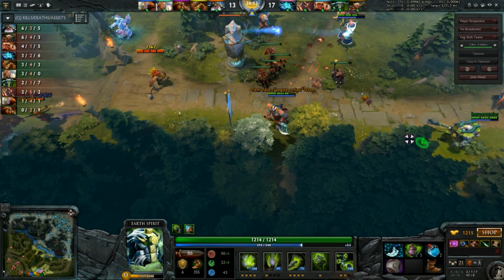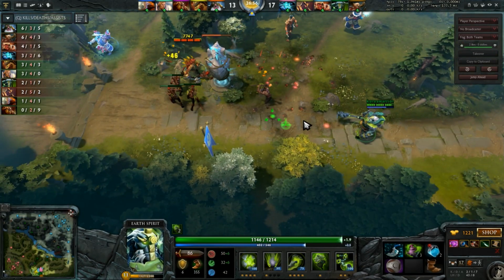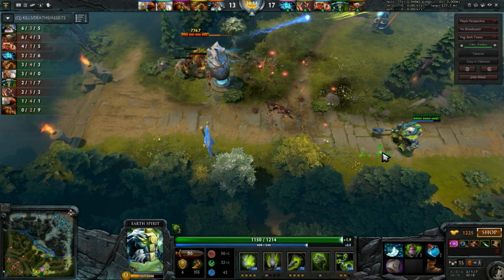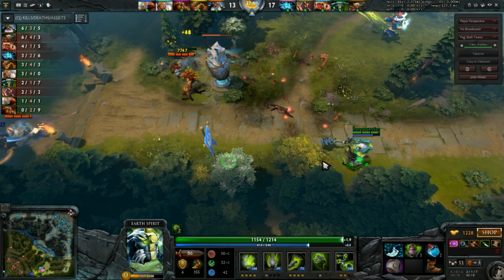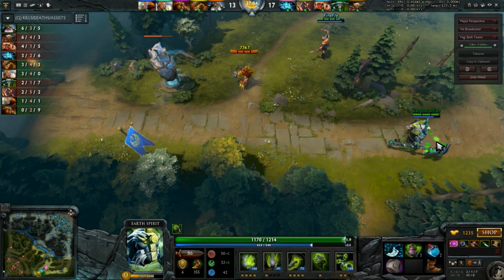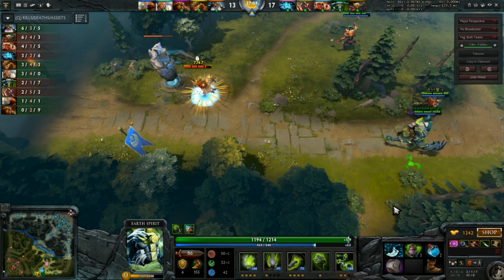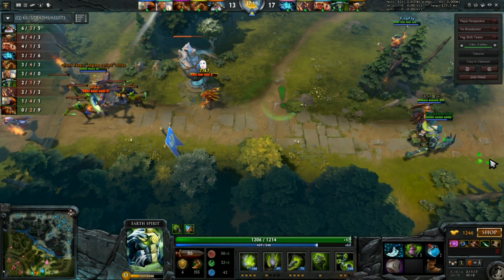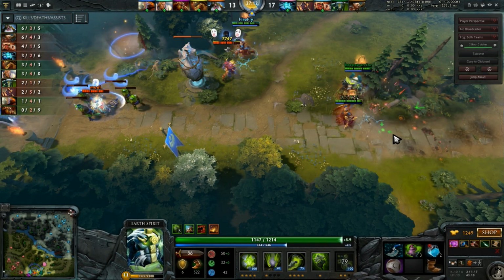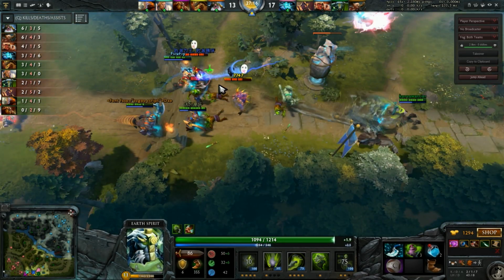Radiant's bottom tower is under attack. Alright, we'll see a fight breaking out here. He is going to go for a Scepter next. Scepter gives you so much utility, I'll talk about it when he actually gets it. It turns you into a sort of pseudo Batrider. And alright, he actually misses his ultimate because Shrapnel